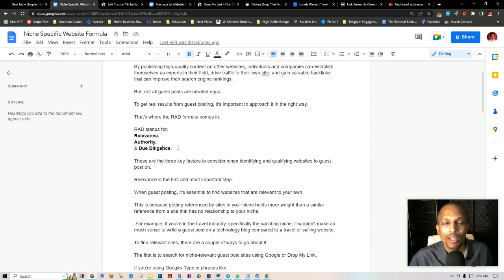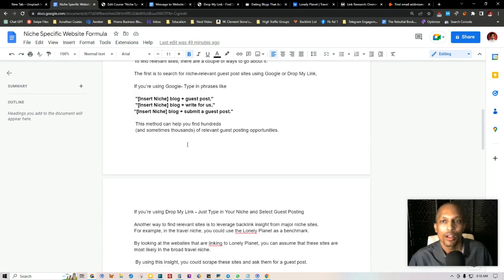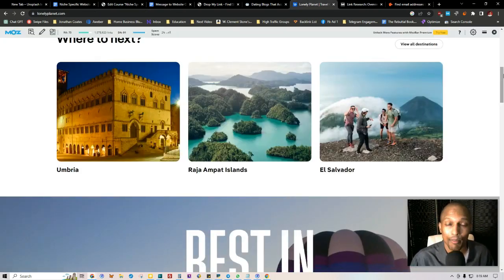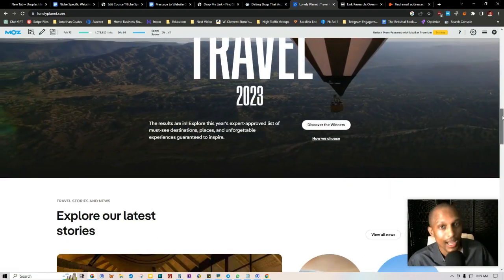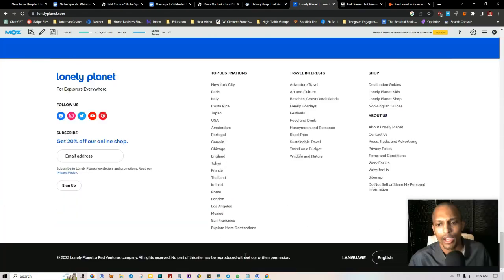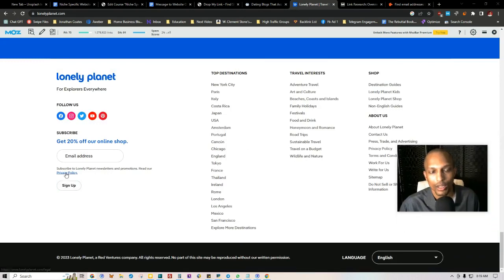And the third one is due diligence, just making sure that this is not an auto-generated website, that it's not artificially generated, like a bot website, one that's just designed to farm guest posts and created just for the purpose of charging for guest post space, because we don't want that. Google actually starts to penalize for that. We want actual real people behind these sites, and a good way to do that is by looking to make sure that it has privacy policy pages, about pages, contact pages, terms of service and stuff like that. And you can usually find that in the footer, like as you can see here,